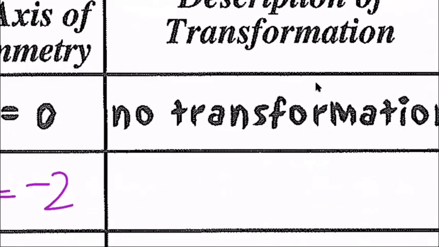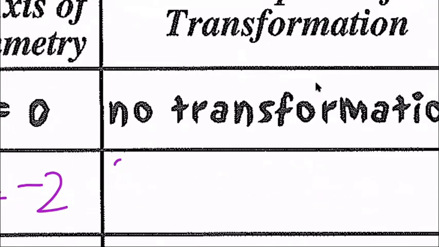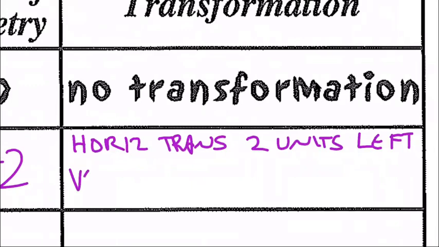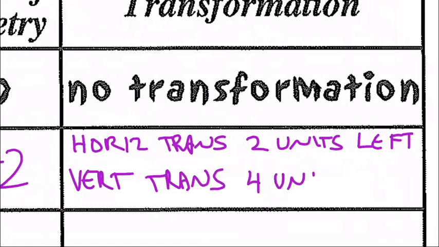And we have a translation of 2 units. How do we want to simplify this? Horizontal translation, 2 units left. And we have a vertical translation, shift 4 units down,